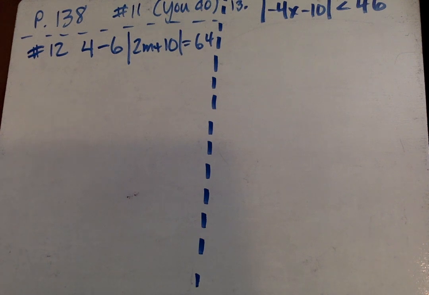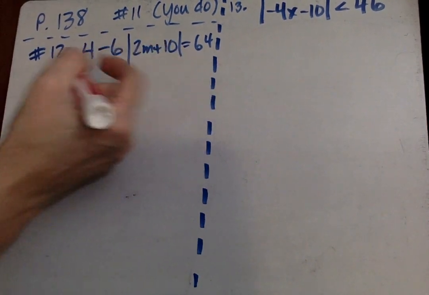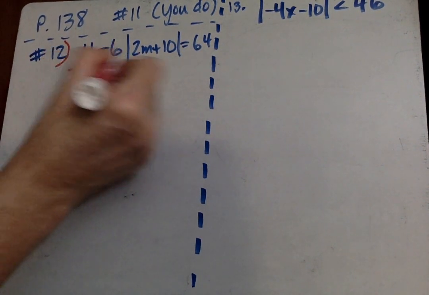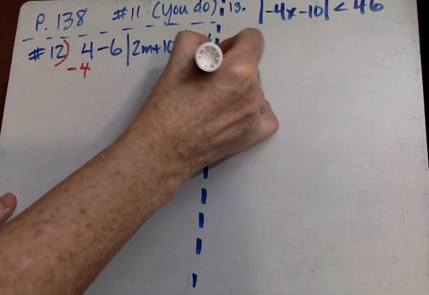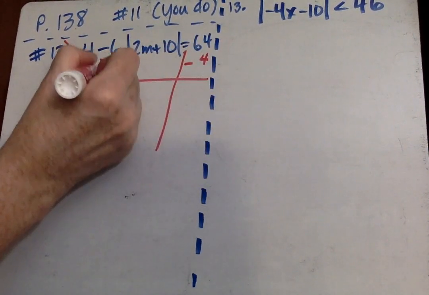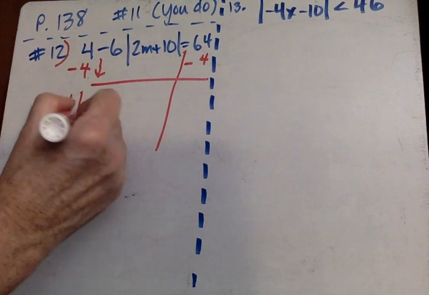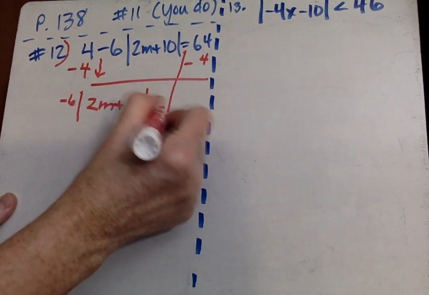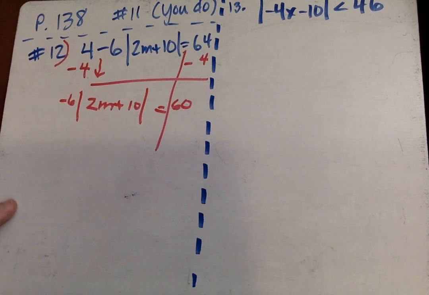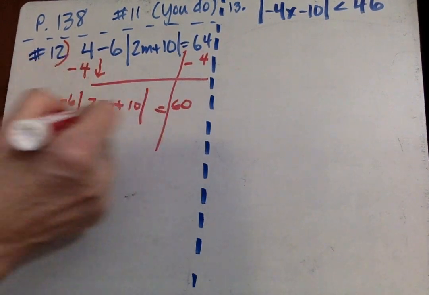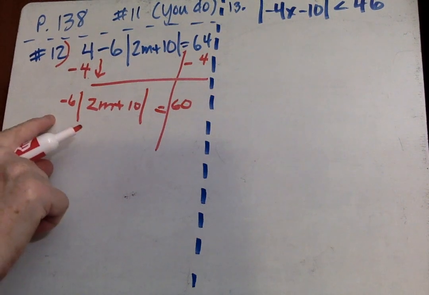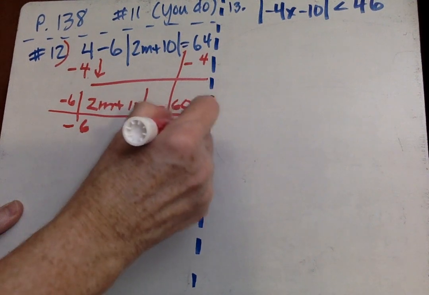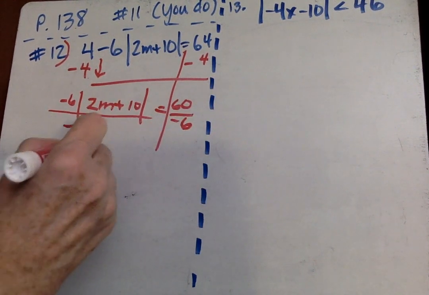So here's number 12. We have to isolate the absolute value. So first I have to get rid of this 4. So it's a positive 4, so I want a minus 4 here, minus 4 there. Don't forget this minus sign, so it's negative 6, absolute value, 2m plus 10 equals 60. Then this is negative 6 times all of this, not a minus, so it's the inverse operation of times, divide by negative 6. So absolute value of 2m plus 10